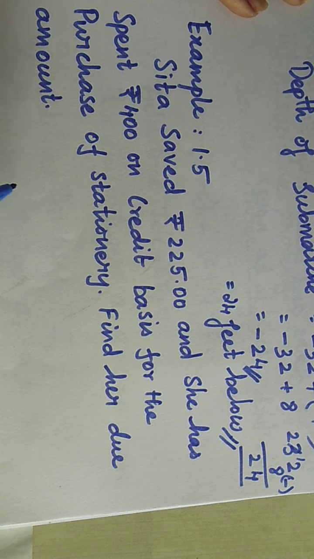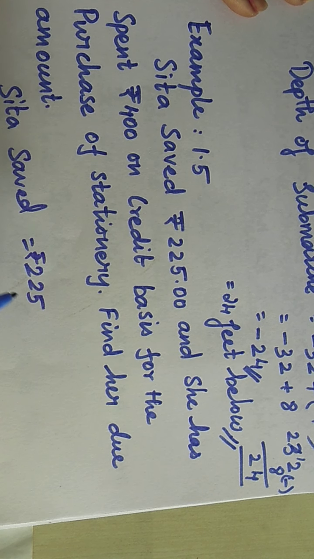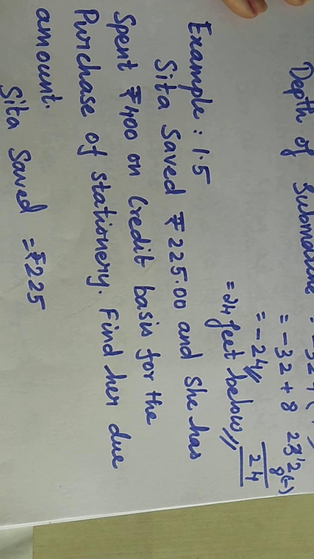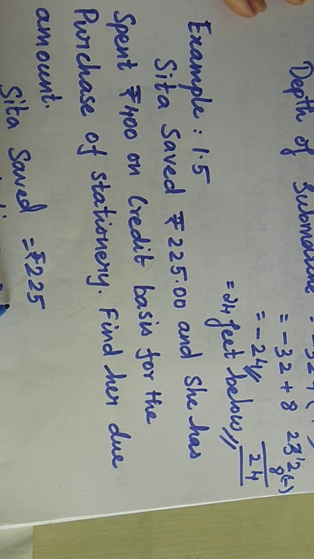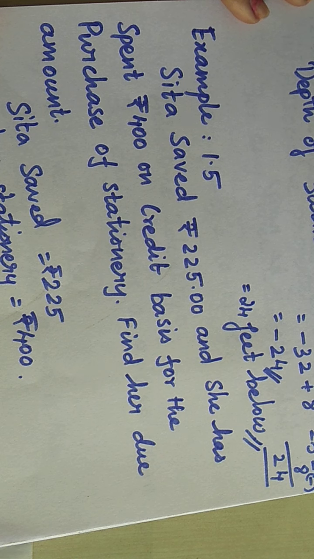Now, Sita saved 225 rupees, and she has spent on stationery 400 rupees. Now how much should be the due amount